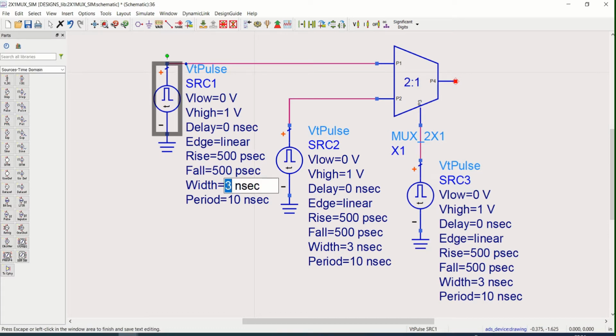I want to set the width to 10 nanosecond and the period of the signal or the pulse is 20. Next, set it to 20 and 40.